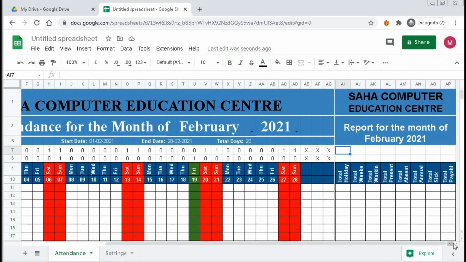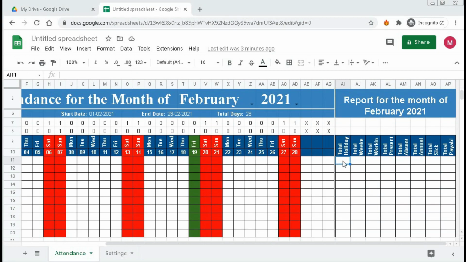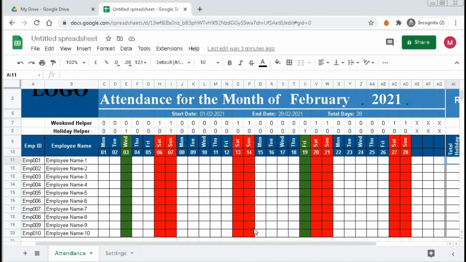Now we have to calculate the formula for these cells. So to calculate the total holiday, we have to count the ones on this helper row.